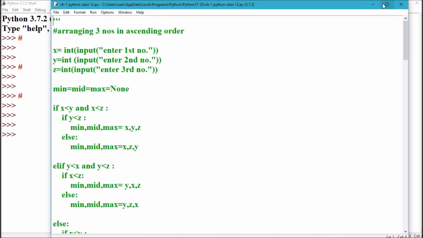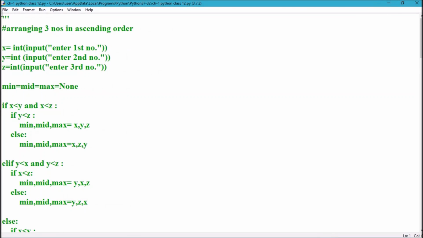You know very well what we use this for, this is a comment. I have stored all the programs inside one file using this comment. I hope you recall it very well. So the first program is arranging three numbers in ascending order. For that you need to take help of the input function. These programs we have discussed in our theory class.